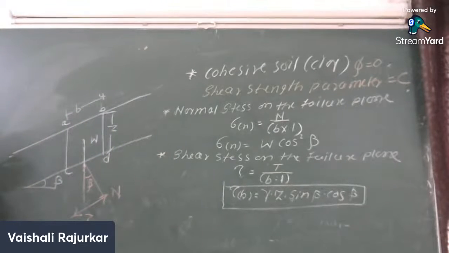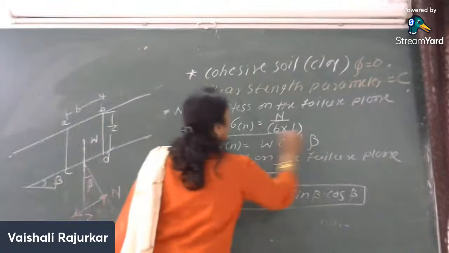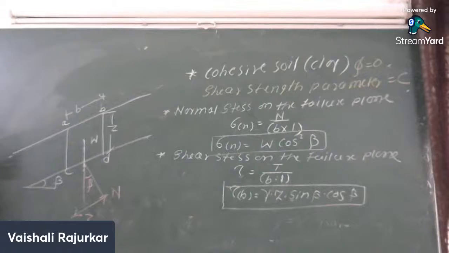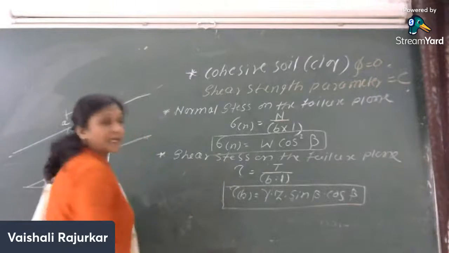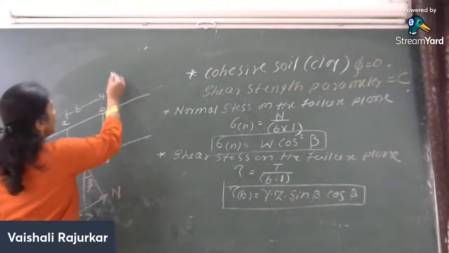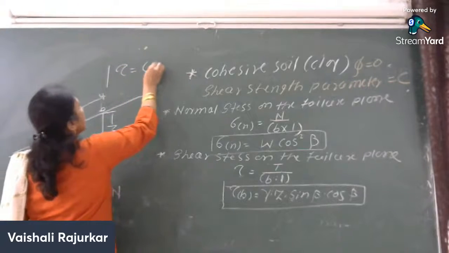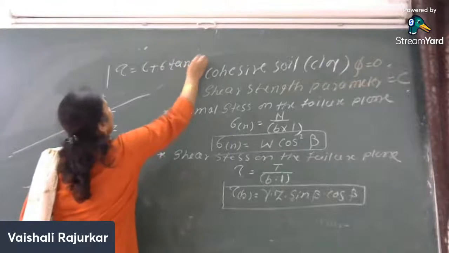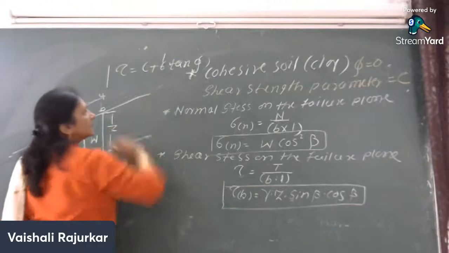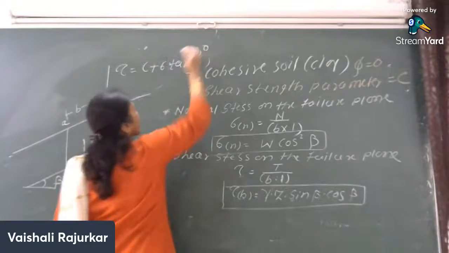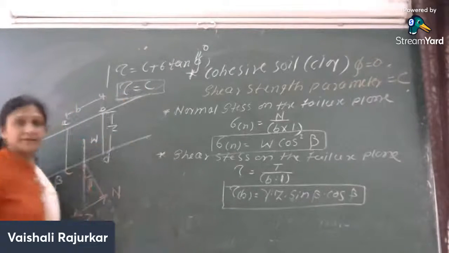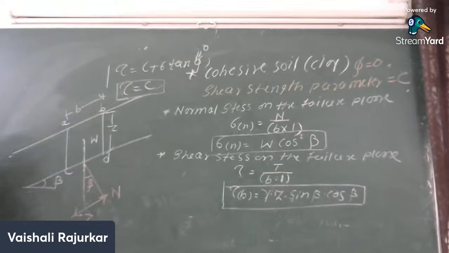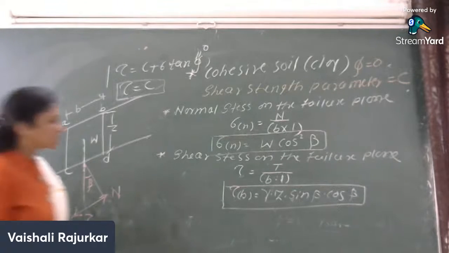In this case, for pure cohesive soil, here it will be sigma n and tau b, the normal stress and the normal shear stress. So what is the equation of the shear strength for pure cohesive soil? It is tau is equal to C plus sigma tan phi. As phi is 0 in this case, tau is equal to C only. Shear strength is due to cohesion only, and therefore this factor of safety